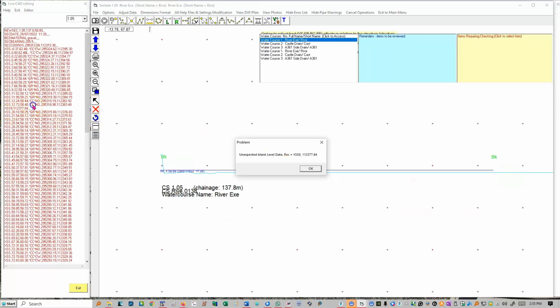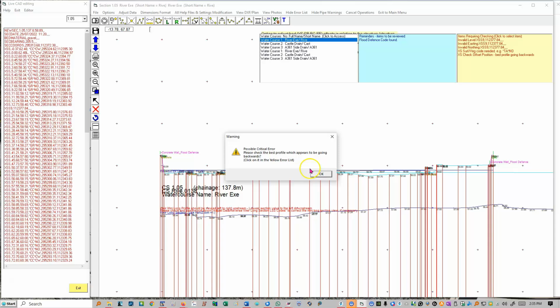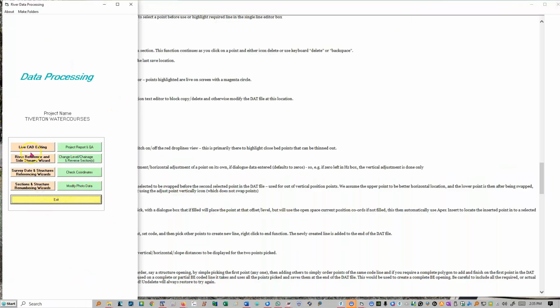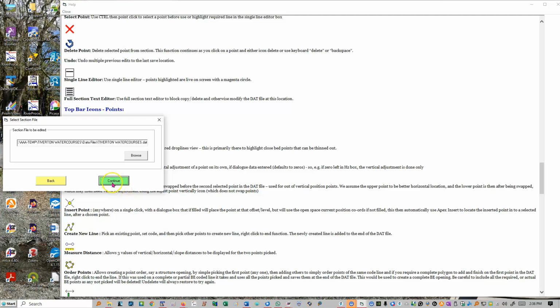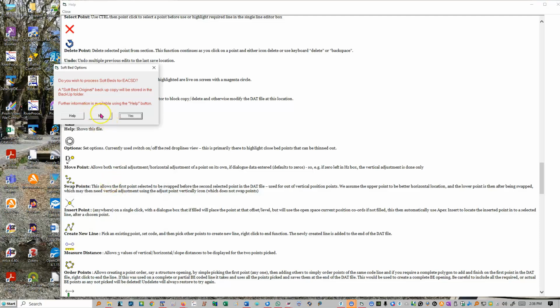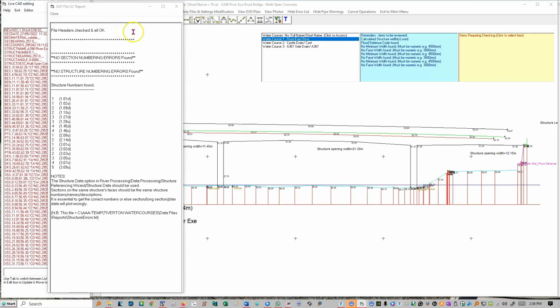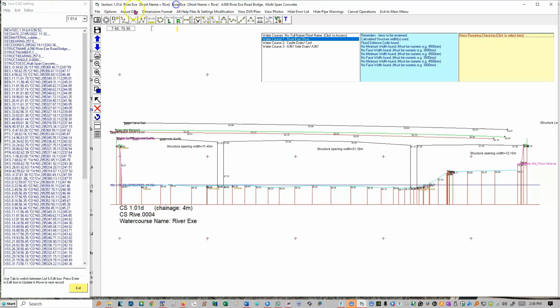Oh no, it doesn't like that. I've really messed that up now, haven't I? Okay, let's just say that possible critical error. Now, if I'd done that, what I'm going to do is exit, and come back in, and I've really done a boo-boo there, and I'm going to pick the backup file, which is quite important to go back to. If I shut that down, go back to my backup,